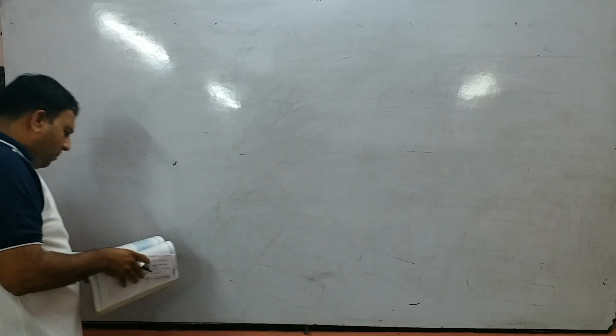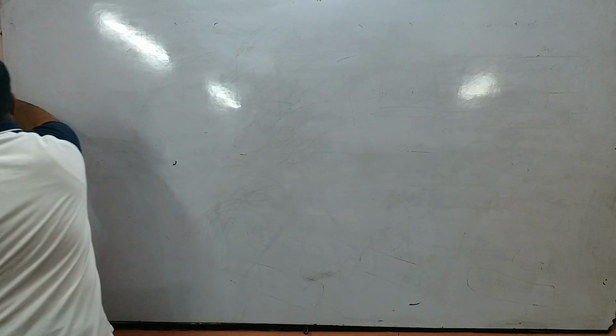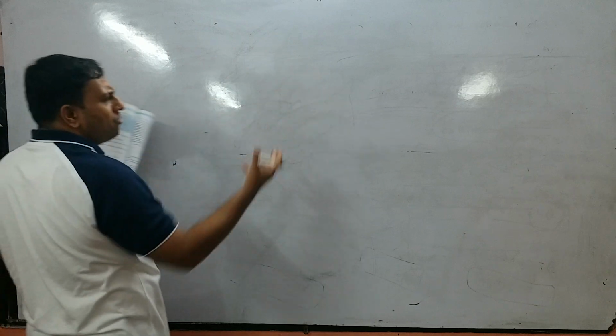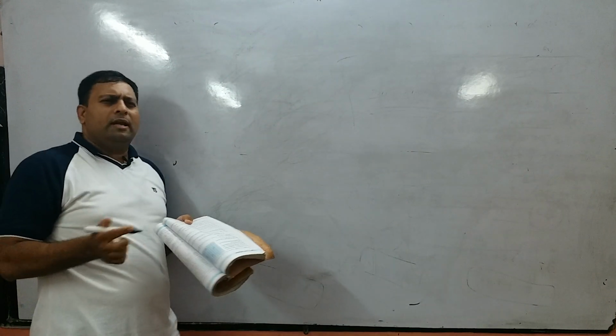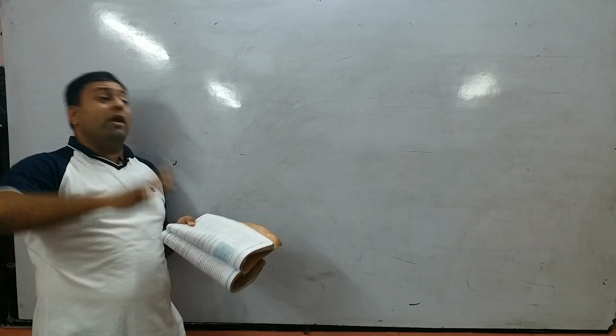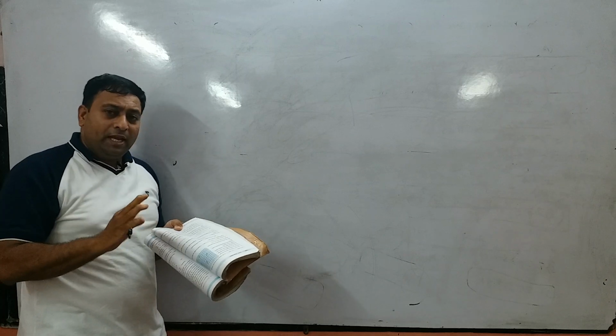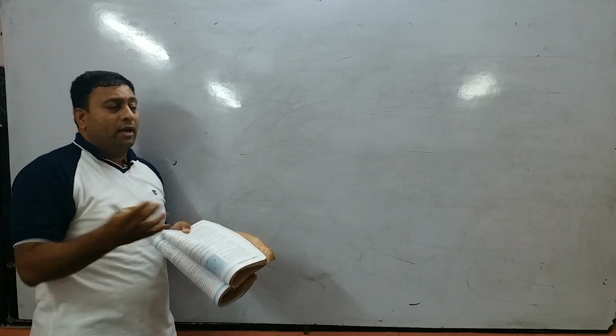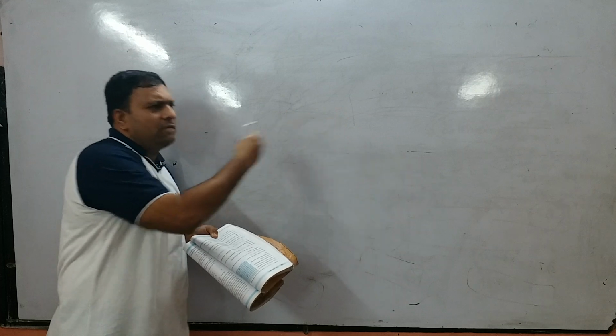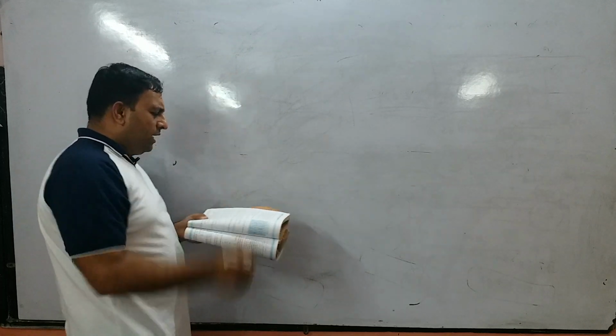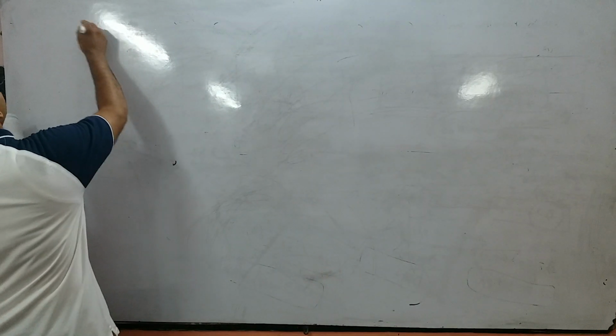Now let us take a problem and try to understand. See, all these 4 are quadrilaterals. What do you mean by quadrilateral? Any 4-sided figure is called a quadrilateral. This is the general definition. A quadrilateral with these special properties will be called by these names. Alright, so let us take a problem.